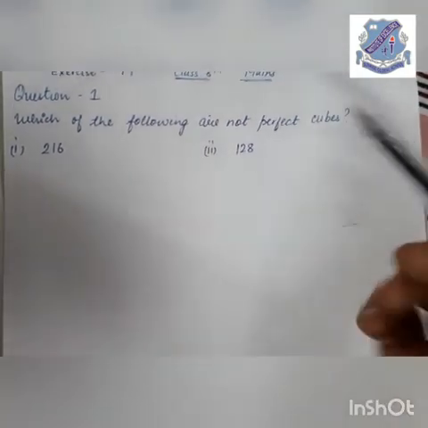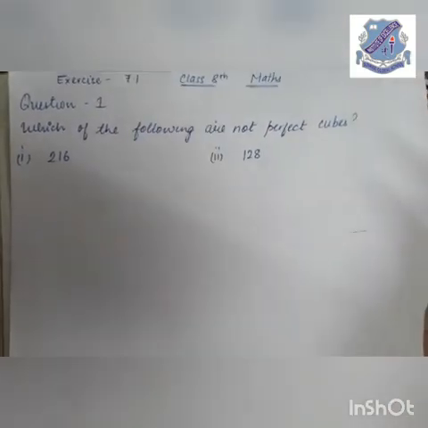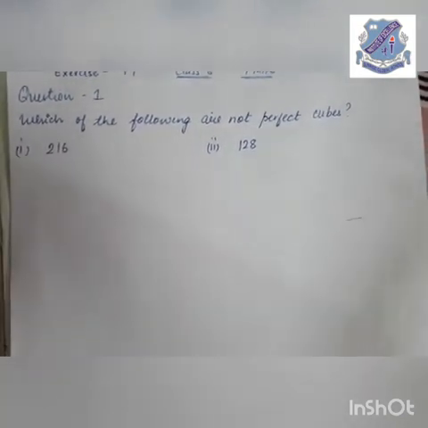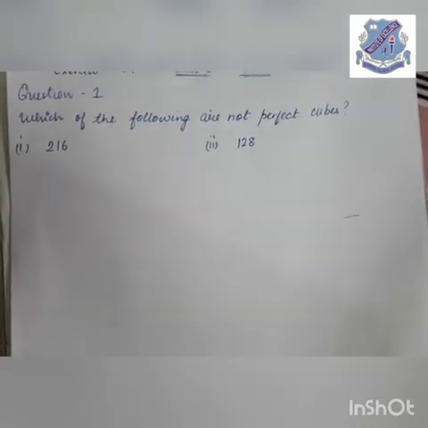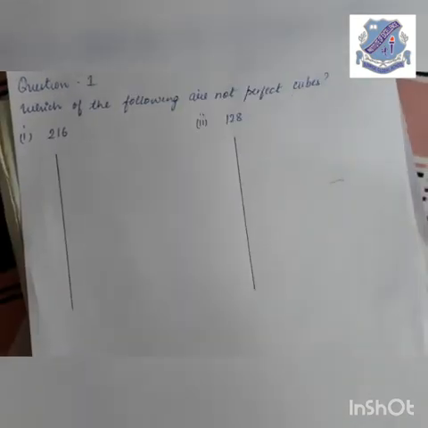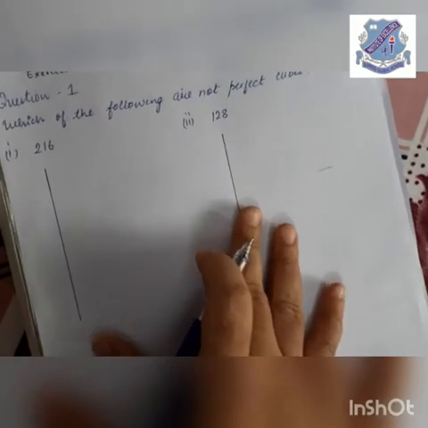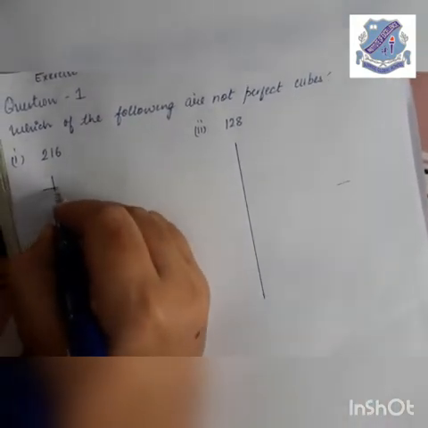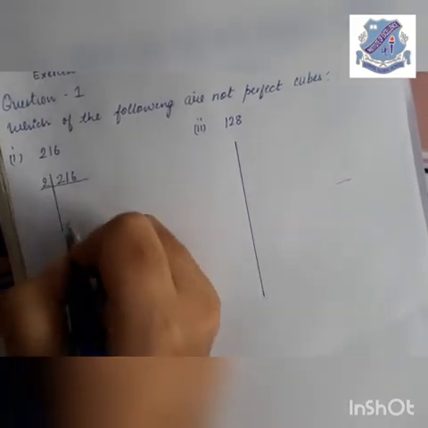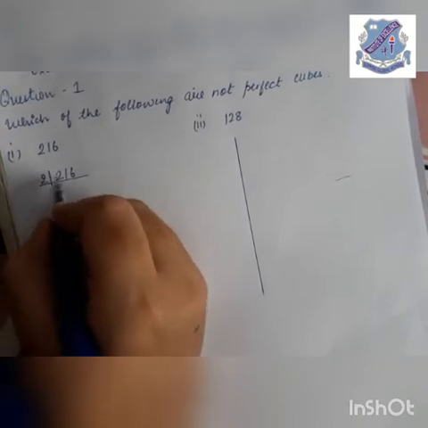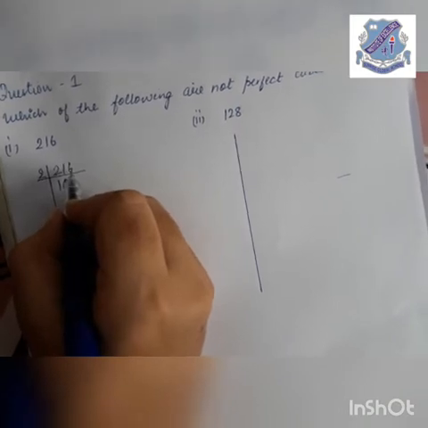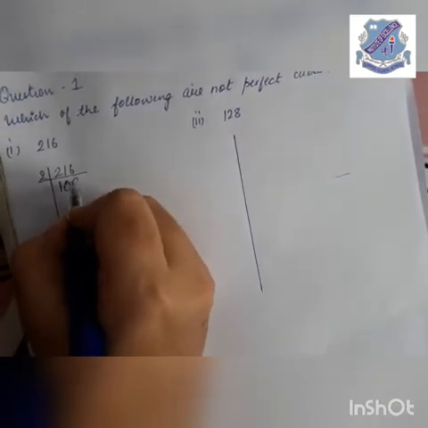So 216 is the first number with us. While doing this question we'll use the format and formula for prime factorization. You have already learnt what prime factorization is, so we'll use it here. Now, doing the prime factorization, first of all we'll write 216 in the first line. While dividing 216, we'll first take 2. 2 1s are 2, and 0 will be carried to get 16 in the remainder, and dividing 16 you will get 8.